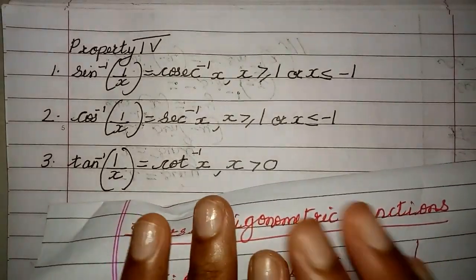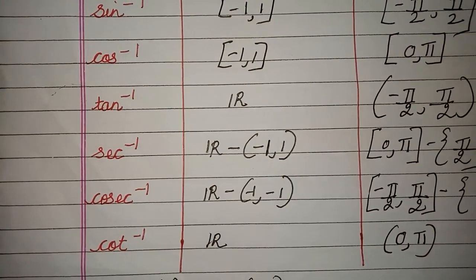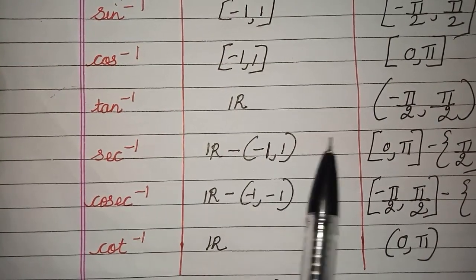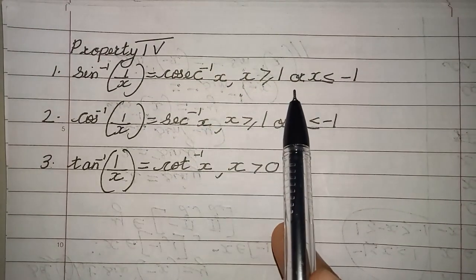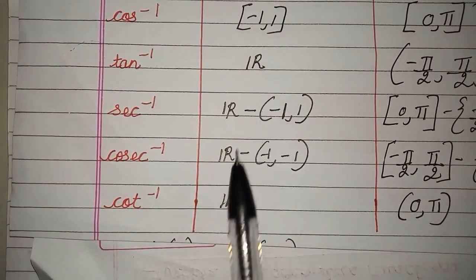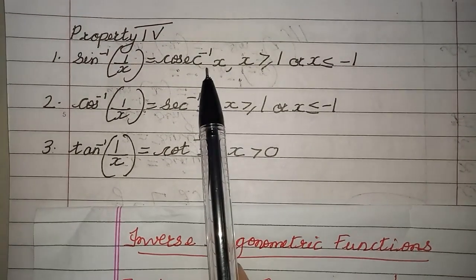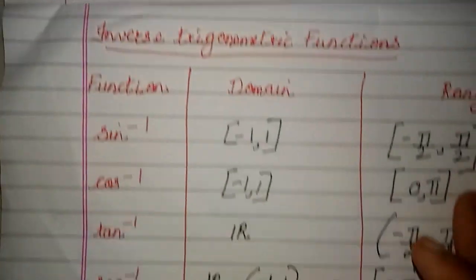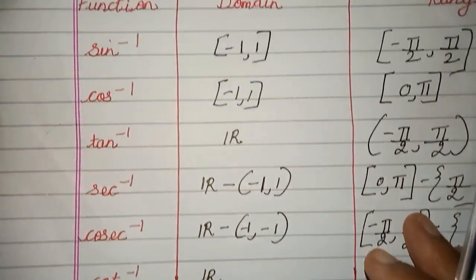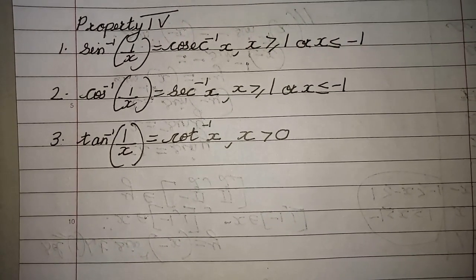Okay, why is your x given such a range, children? Because just have a look at the table here. You can see here, children, your sec inverse, your cosec inverse, they all are defined for your domain like this. Yes or no? Just check tan inverse also. Cot inverse also. Yes. Right? Only for those values of your domain, your cosec inverse, sec inverse, cot inverse exist. That's why we have included this in the definition. Is that clear? Let us prove it.